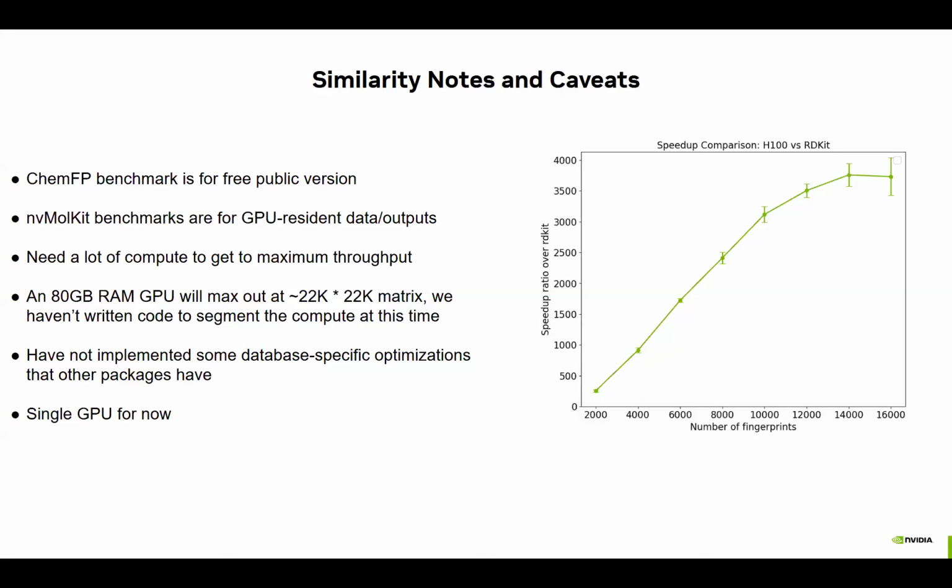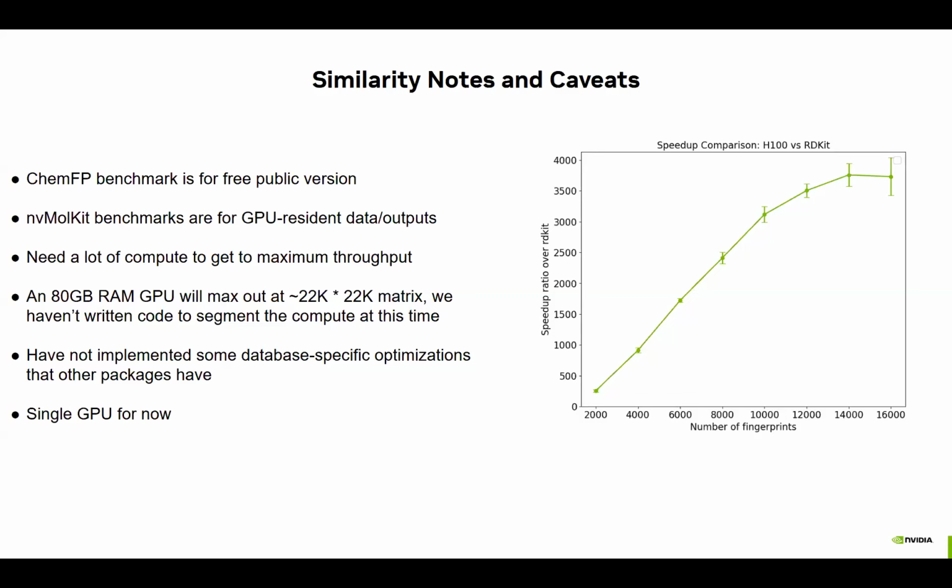You quickly run into memory issues too. So this 16 by 16, 20 by 20 will even fit on an 80 gigabyte GPU. But if you have a smaller GPU, you'll run into memory issues quickly. And we will eventually run into memory issues regardless, because a dense similarity matrix grows as n squared. On this H100 that I benchmarked on, I think it's somewhere around the 22 by 22 range where we'd start to fail. And then finally, a lot of these packages, ChemFP,